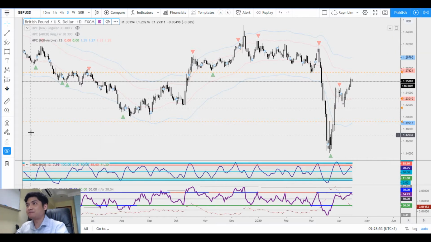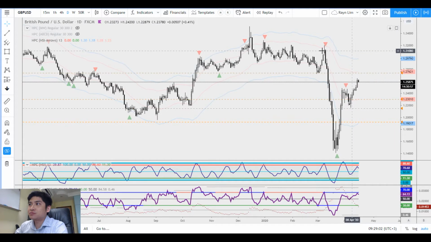Okay, on the daily chart, unlike euro dollar, pound dollar has a very distinct trend. It is a bearish movement right now. A break and close below the support over here one time, and this is the second time. Right now the market is moving towards a retracement to the previous high over here, which I'm looking at for a shorting opportunity. For those who took our trade on pound dollar, and if you are still in the trade,